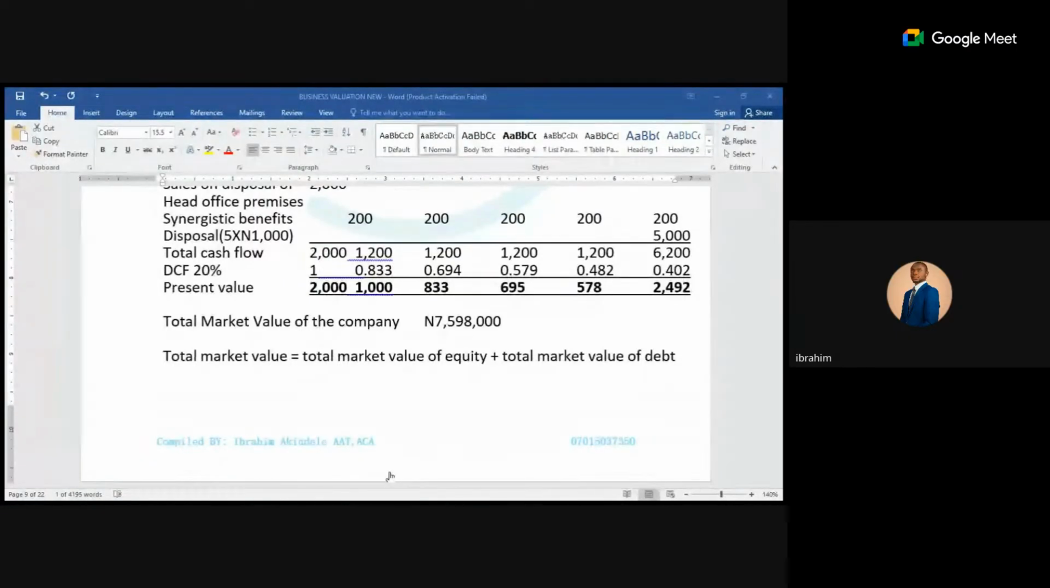Class, am I communicating, please? Yes, sir. Now, we have just said the total market value or the maximum price is 7,598,000. But because what they want to acquire is share capital, which is equity, and you already used weighted average,